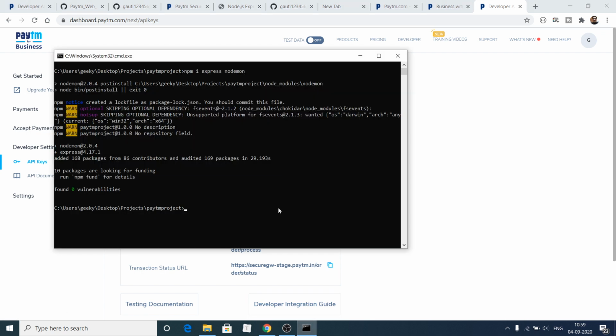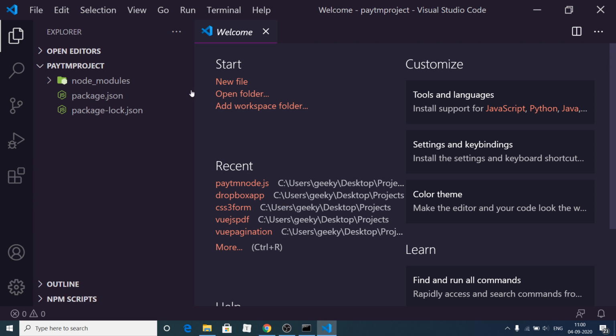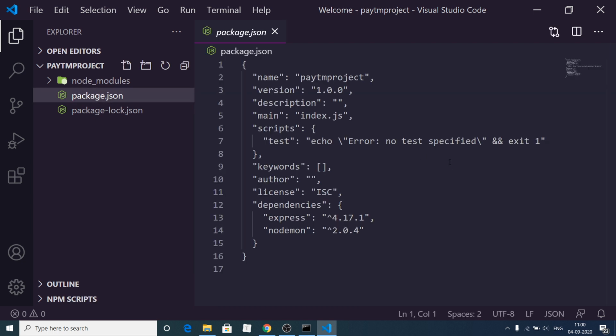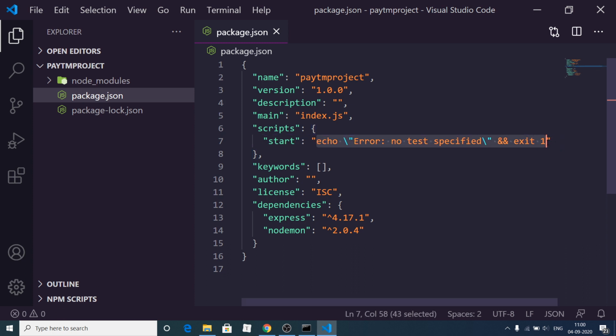And now to get started here, we need to open this inside this Visual Studio Code text editor. The very first thing that we need to do is go to the package.json file. You will see one file will be created, package.json, and here you need to write the start script. So delete all this and write here nodemon index.js.